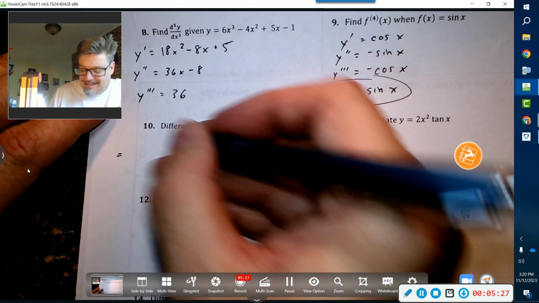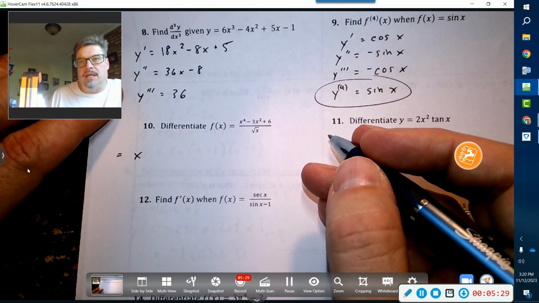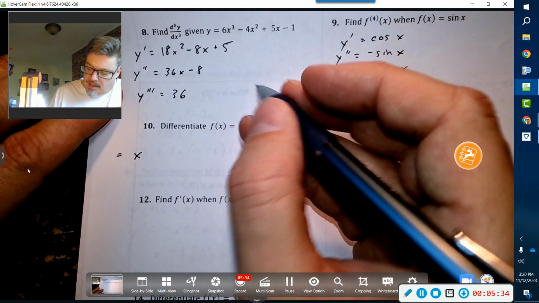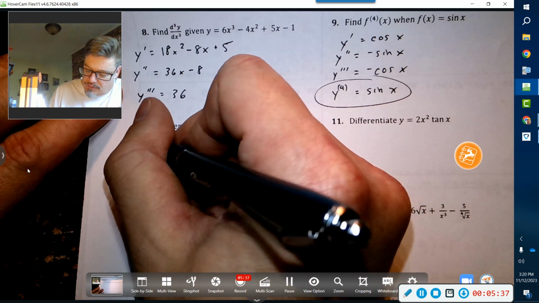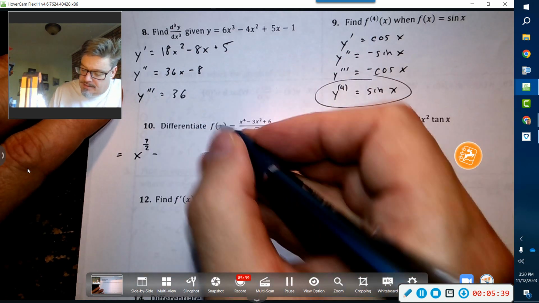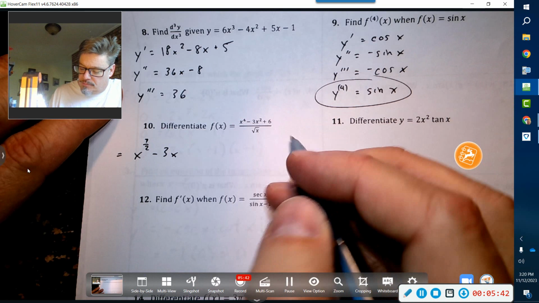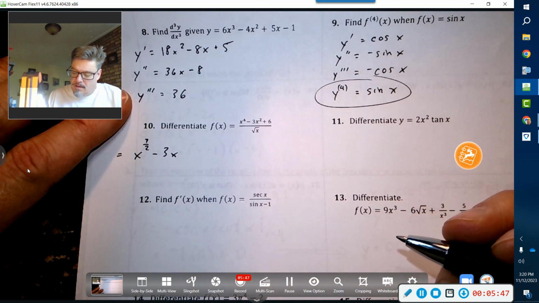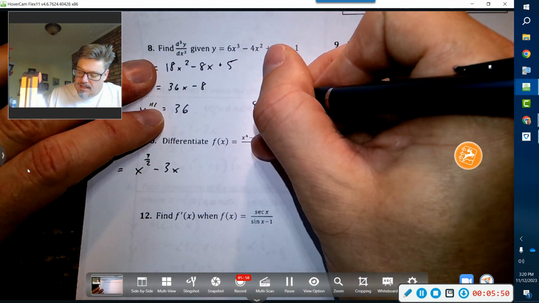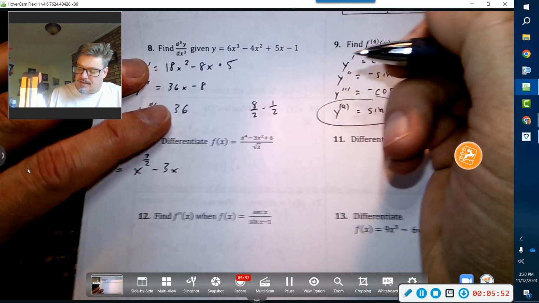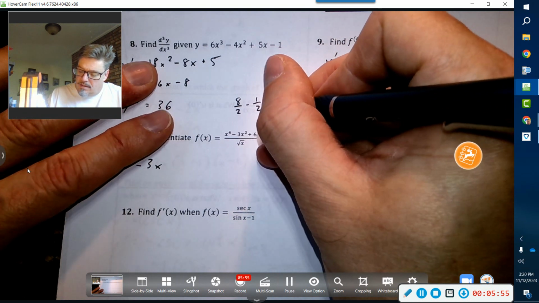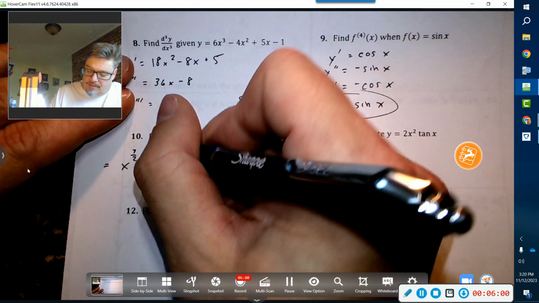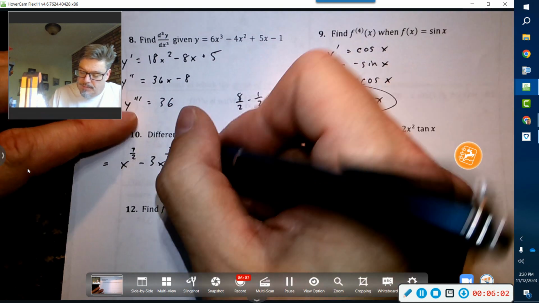So that we're going to get x to the 3.5, which is 7/2, right? Because that would be 8. Okay, so that's 7/2 minus 3x to the 2 minus 1/2 is 3.5. Did I do that right? 4/2, right? So that's 8/2 minus 1/2 is 7/2, and then that would be 4/2 minus 1/2, it'd be 1.5. Alright, so I don't know what I was thinking. Then we got plus